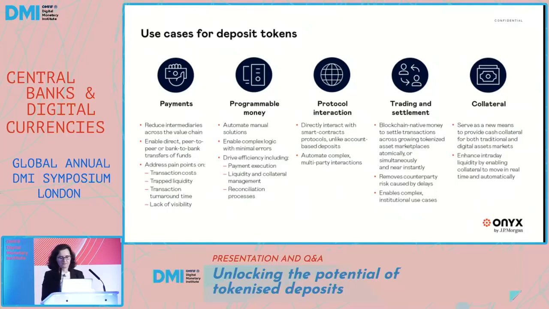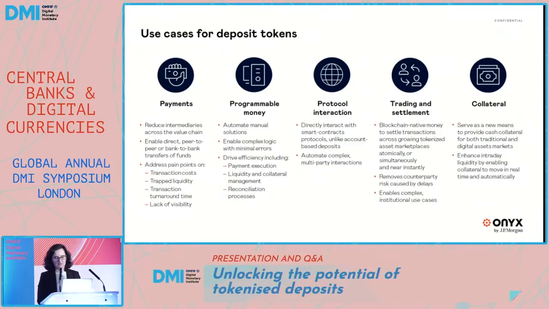Protocol interaction. The tokens themselves are programmable, but there is also potential to interact with smart contract protocols for institutional applications, such as borrowing and lending. And this is really powerful when you have multiple entities, participants, and you need automated application of common rules. Of course, smart contract protocols require reviews and audits to make sure any errors are corrected. This is in many ways similar to how banks run their multiple sophisticated systems today.